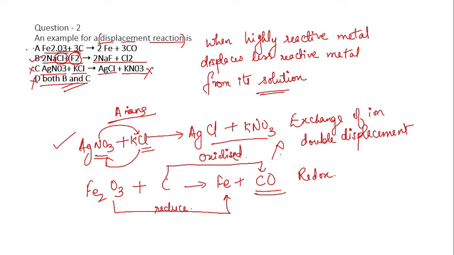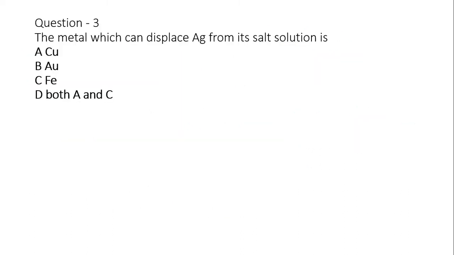We are keeping the option B as correct, because there is a reduction reaction and an oxidation reaction occurring in the first one, right? And in the second one it is a displacement reaction, because fluorine is displacing the chlorine from NaCl. I hope it is very, very clear to you, and hence we can move to the next question. If at all any doubt, you can simply ask me, right? Okay. So let's move to the next question.